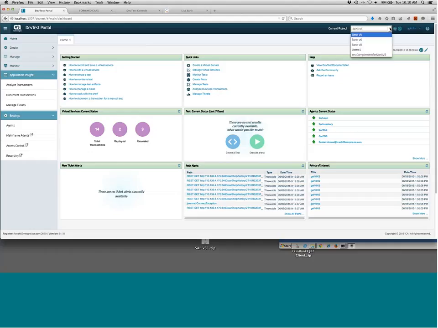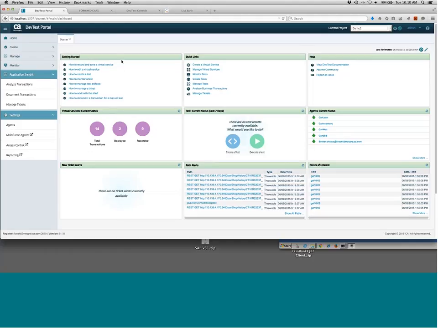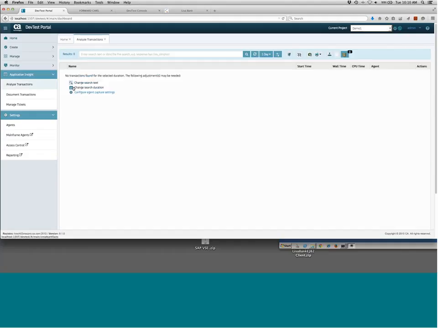You may notice there's a small change to the UI up here. We've got a current project window and some administrator things. So I'm going to start with dataset generation. When we look at analyze transactions,